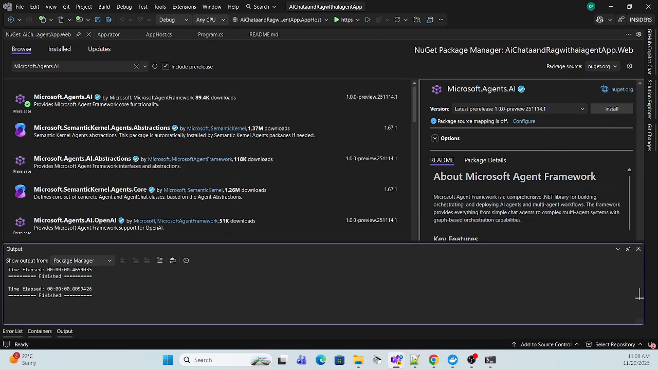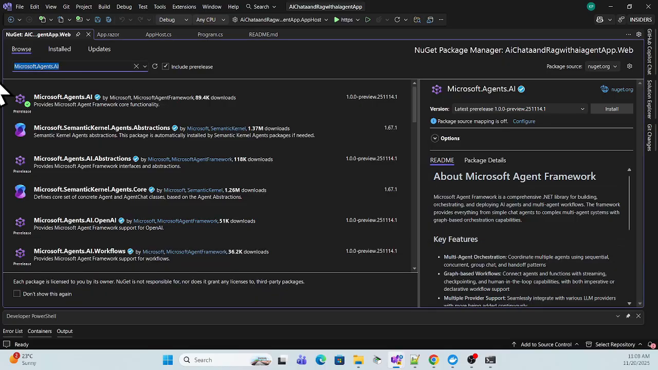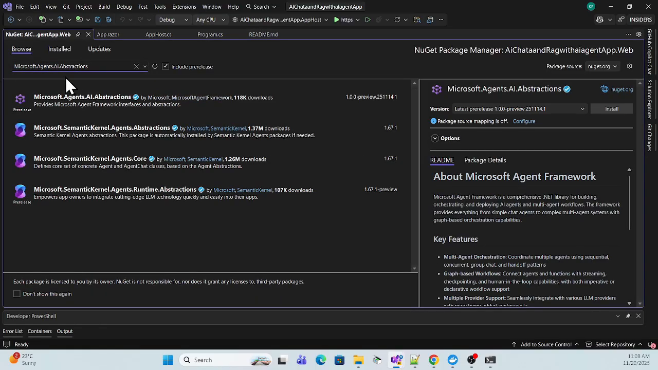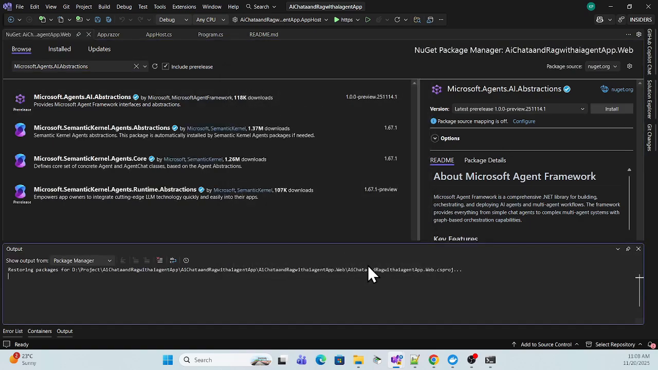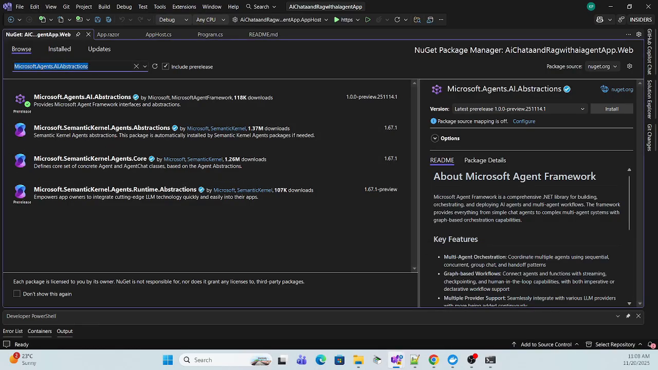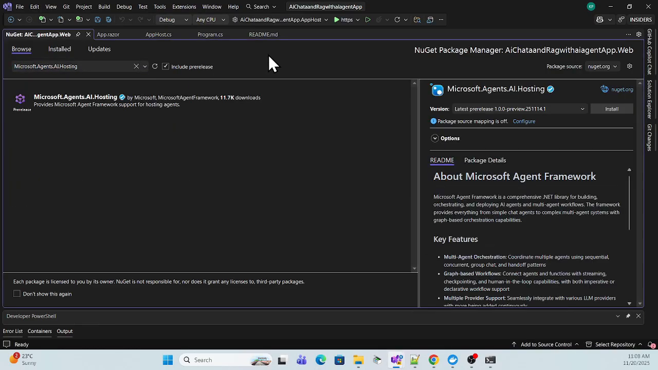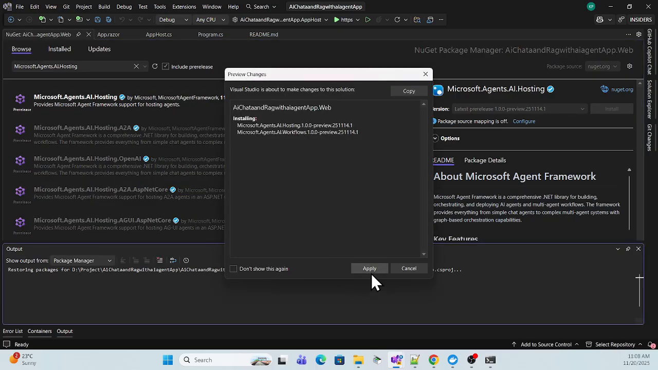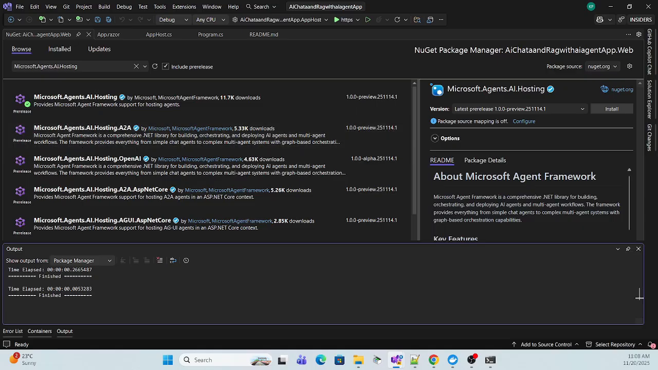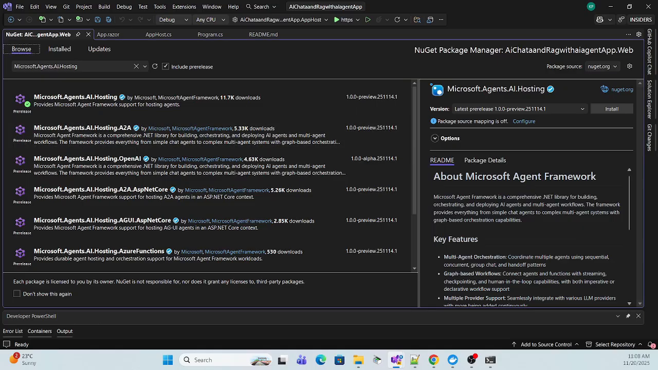And we also require another package related to that agent, so let me use that. Yeah, this AI abstraction, so let me install this one also. And the last one is AI hosting. Okay, so just copy and paste that. So this is Microsoft Agent AI Hosting, also install the latest one. Okay, so these three packages are what we need. So once that completes,